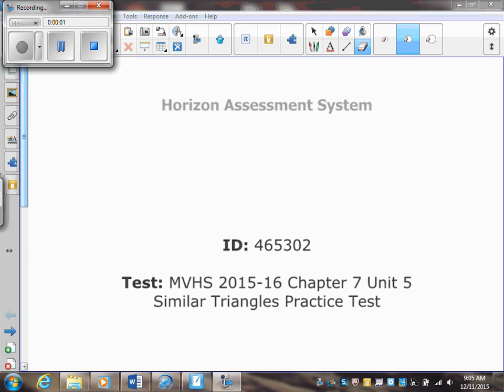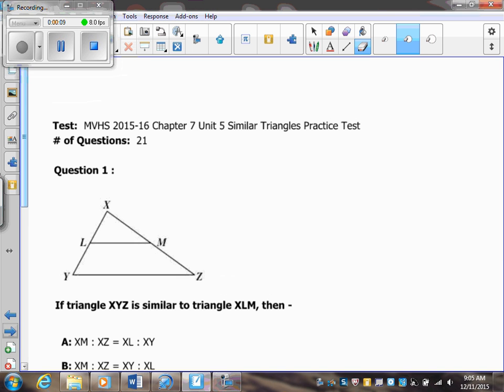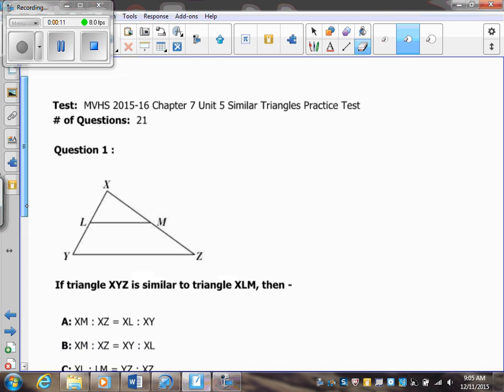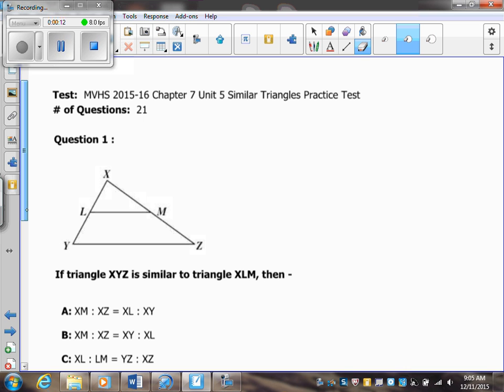We're gonna go over Unit 5 or Chapter 7, similar triangle practice test. I will go as fast as I can. Hopefully, this will help you to get yourself ready. Your test will be Monday and Tuesday, the 14th and 15th, I believe. So number one,